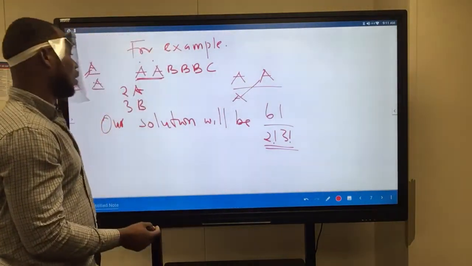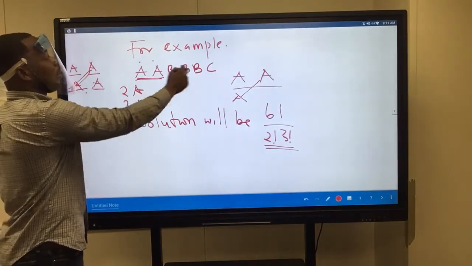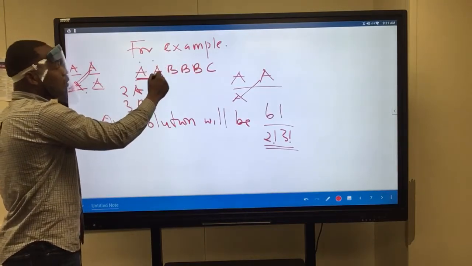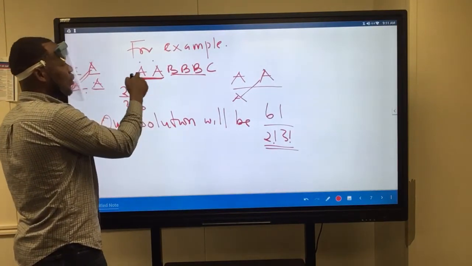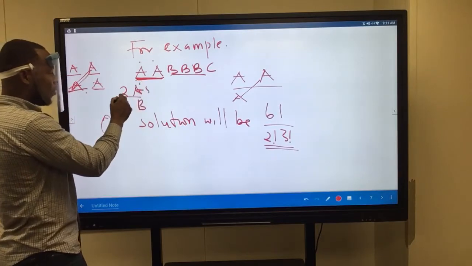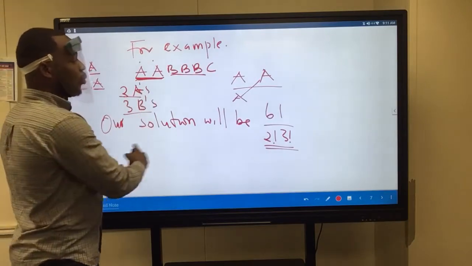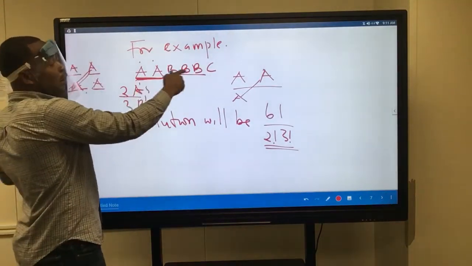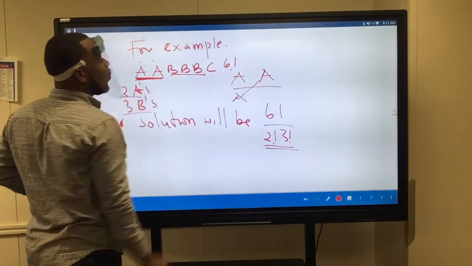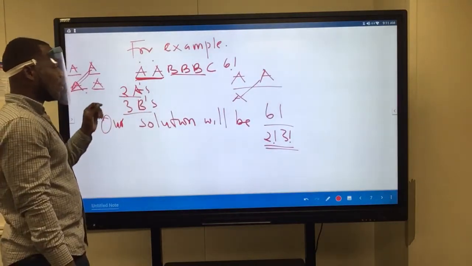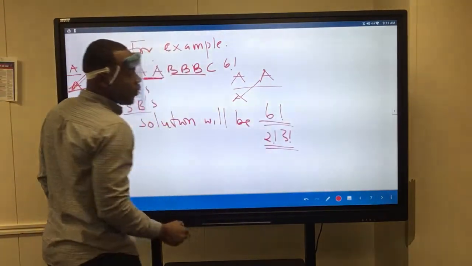So the solution to arranging these books, which have the same titles, is that you count the number of books that have the same title. In this case, we have 2 A's, and here we have 3 B's. Normally, in our first case, we would just count 1, 2, 3, 4, 5, 6 and write 6 factorial. But that will not be the case now because we have to divide by the repetitions. So our solution will be 6 factorial divided